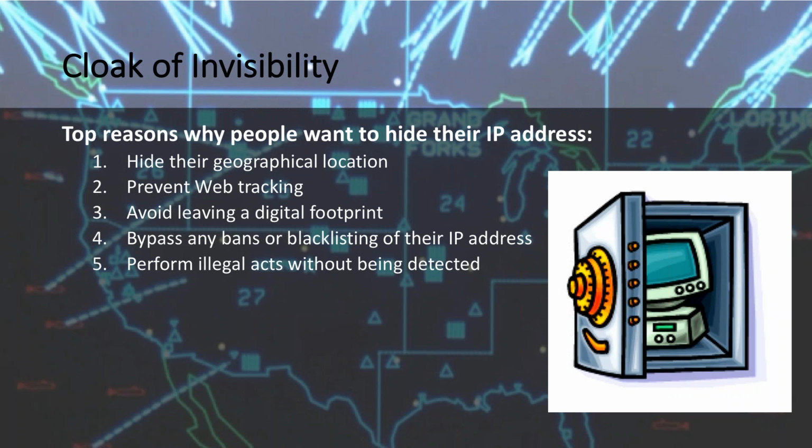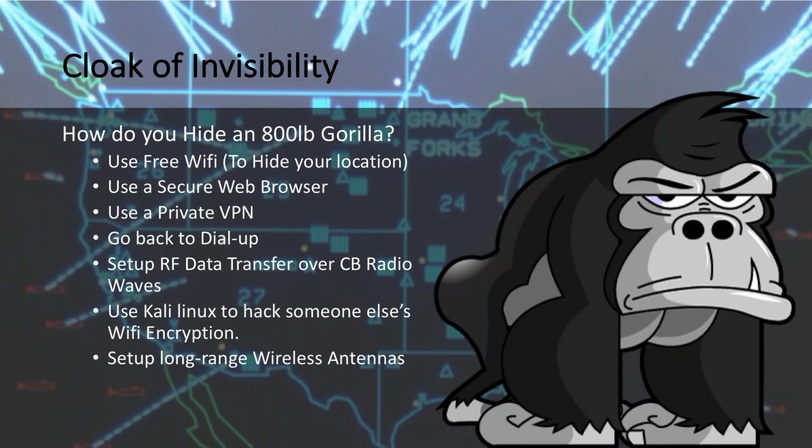Michael adds, they released the Tor code to the public so that the people using Tor were not spies, or the only people using Tor were not spies, etc. And that's a good point. So really, how do you out an 800-pound gorilla? So you're really trying to hide yourself. There's some ways you can do that.